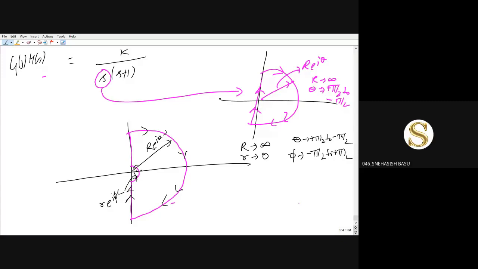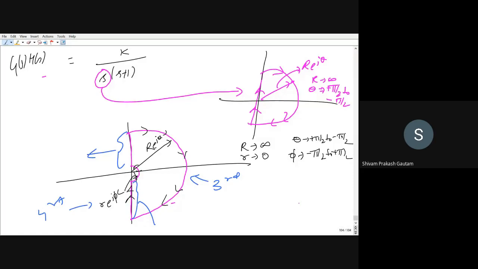Yes, sir. Okay. So now there will be 4 parts. There will be 4 mappings of this. First mapping for this. Second mapping for negative frequency, this. Third mapping for this capital circle. And fourth mapping will be for the smaller circle. So earlier there were only 3 mappings, and now there will be a 4th mapping.